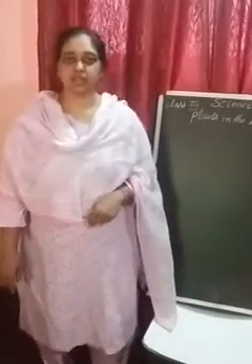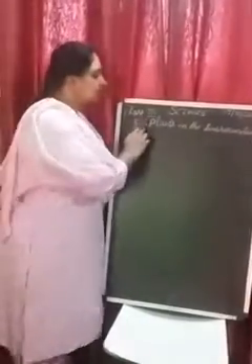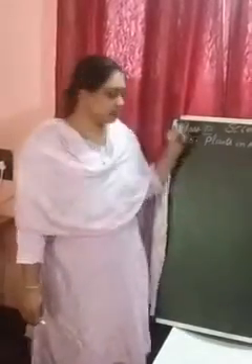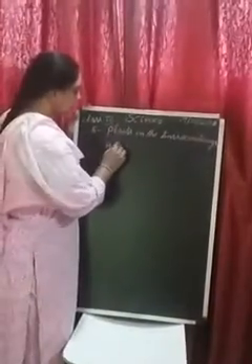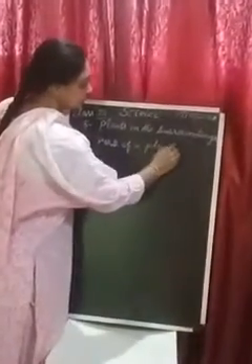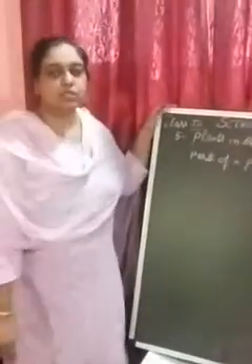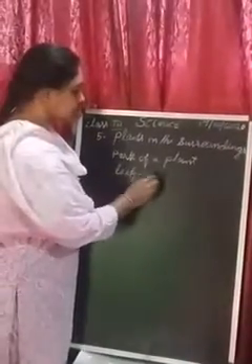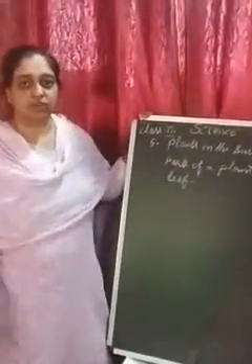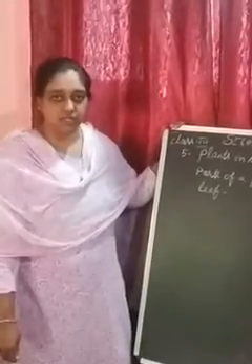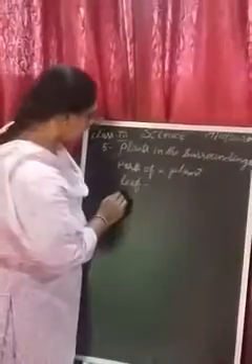Children, so last class in our lesson, fifth lesson, plants surrounding us, we studied the introduction part and the parts of a plant. In that we studied the root system and shoot system, and also the leaf: the structure of the leaf, what it has, its parts, how it is connected. Now we are going to study about the flower.